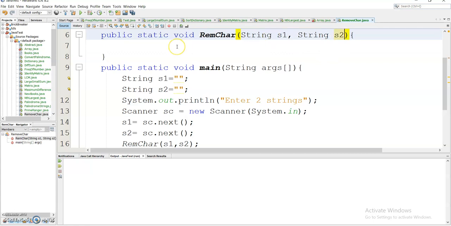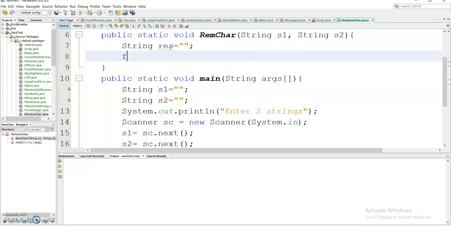So now what I need to do is traverse through the elements of the strings and compare the values, and if I get the common values of the strings, then I need to remove them. So for this I will require one more string, say res, to store our result, which is an empty string. And now I will use the for loop. So for int i equals 0, i less than s2.length.